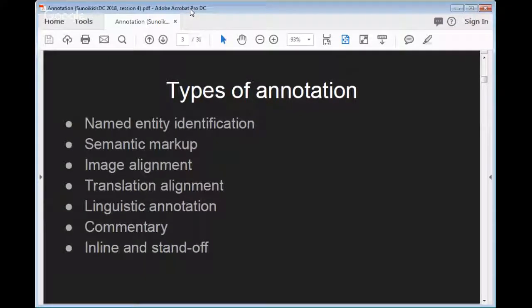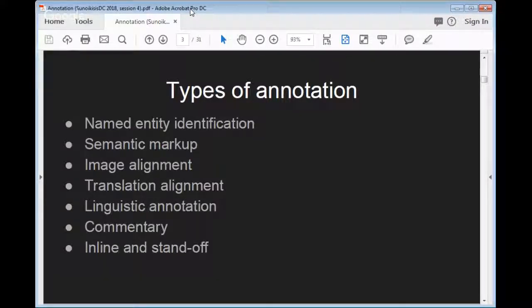That's inline annotation. Standoff annotation is where you have a text and you want to say that on line 7 of that text, the third word on line 7, in section 17 of book 4, whatever, that word is a place name. So you create an external pointer, possibly in RDF or in some other format, saying that in book 4, section 17, line 6, word 3, that word is a place name. And the external pointer, usually not in plain text like that, but in some technical pointer language, attaches your comment to that passage of text.